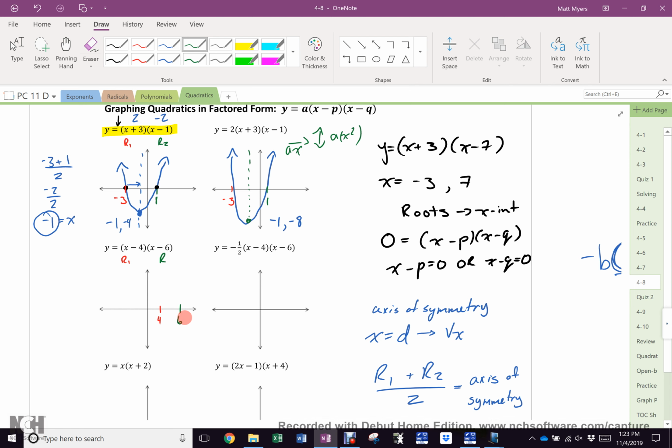So my new borderline now can't be 0, is it? What is the borderline? In this case, it's 5. But what do we call that line? The axis of symmetry. So when we're dealing with quadratics,